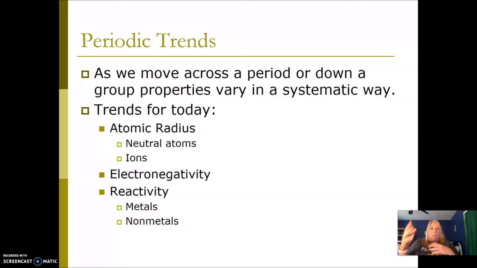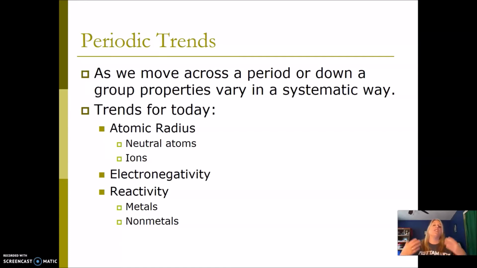But remember that as atomic number increases, the number of protons increases, which means the number of electrons increases. And from an organization standpoint of the atom, we get more shells of electrons. So row 1 has 1 shell, row 2 has 2 shells, row 3 has 3 shells. So that variation, that's systematic going down and across, means that atoms behave in a systematic way for certain trends